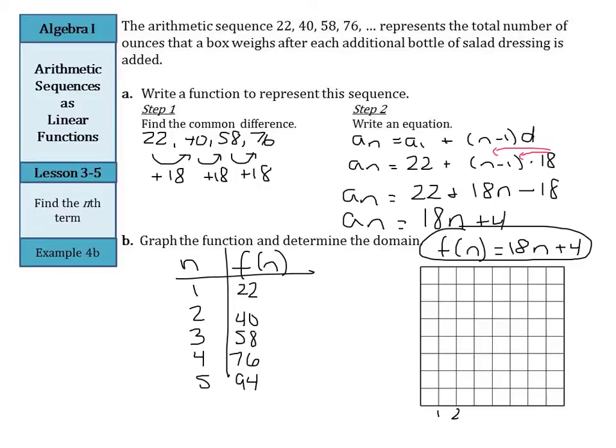We can count our terms, 1, 2, 3, 4, and 5 for our term. And our result of the function, this time let's just count by 15s. 15, 30, 45, 60, 75, 90, and 105. We can graph our 22, and these are going to be rough estimates here. 40, 58, 76, and 94. And our domain here, once again,